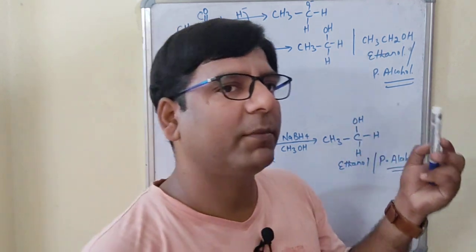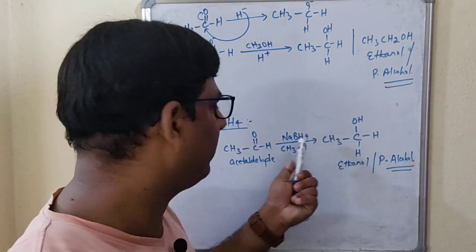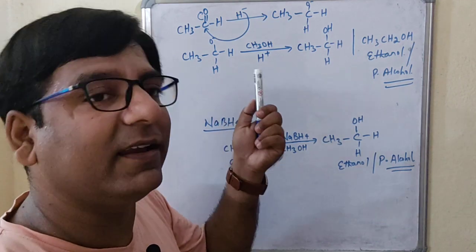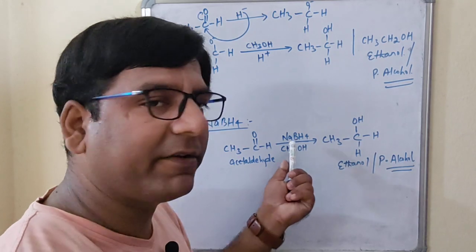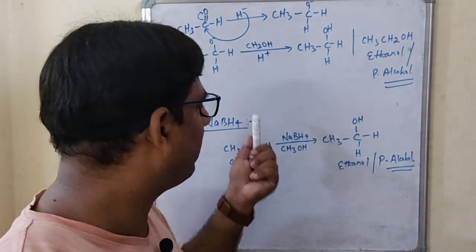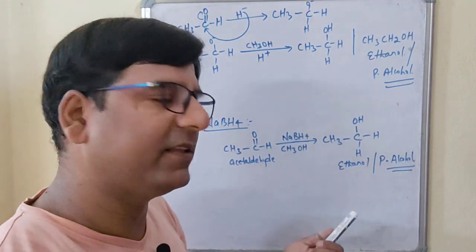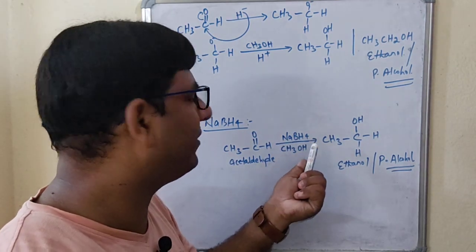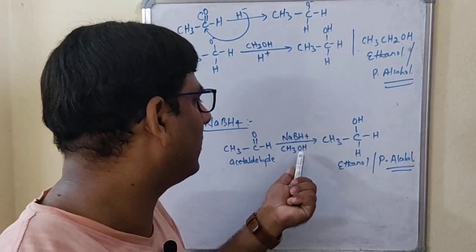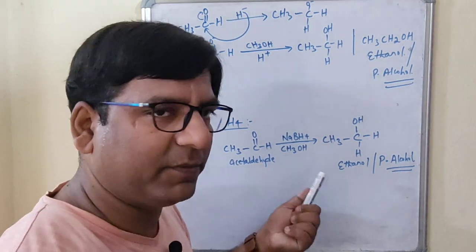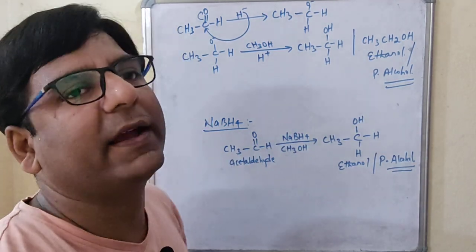But you have to remember what you have to use. When you are using the sodium borohydride, you have to use the alcohol. When you are using the lithium aluminum hydride, you have to use the water molecule. From lithium aluminum hydride, you will get the hydride ion, and from the water molecule, you will get the proton. This is the basics. Here with sodium borohydride we will get the hydride ion, that is H minus, and this alcohol will give H plus, means we can take the proton from this alcohol. And this is how we have to write the mechanism of it.